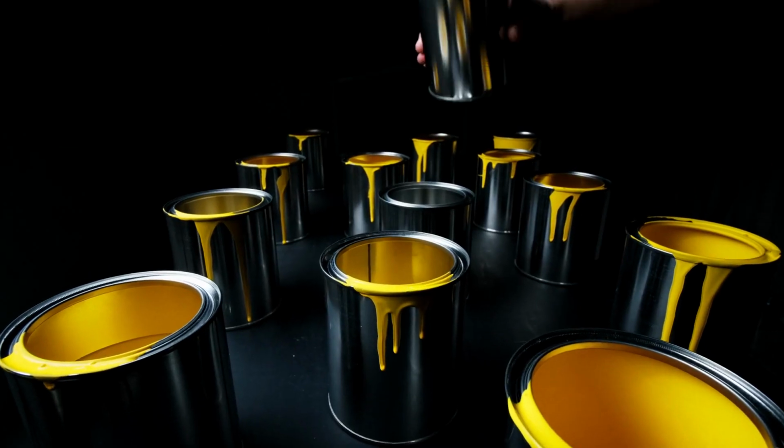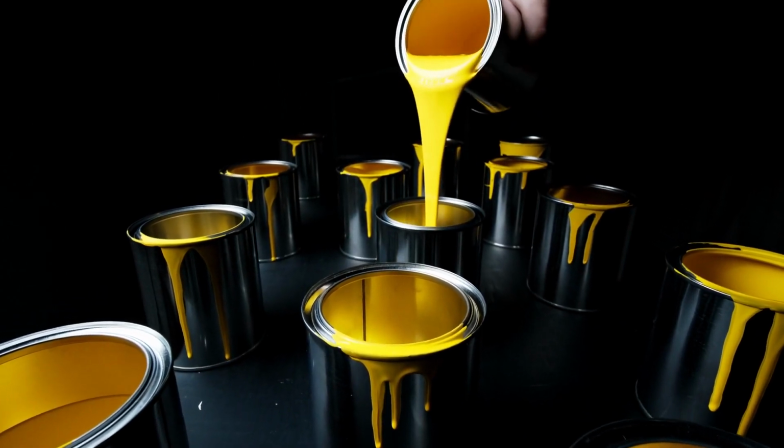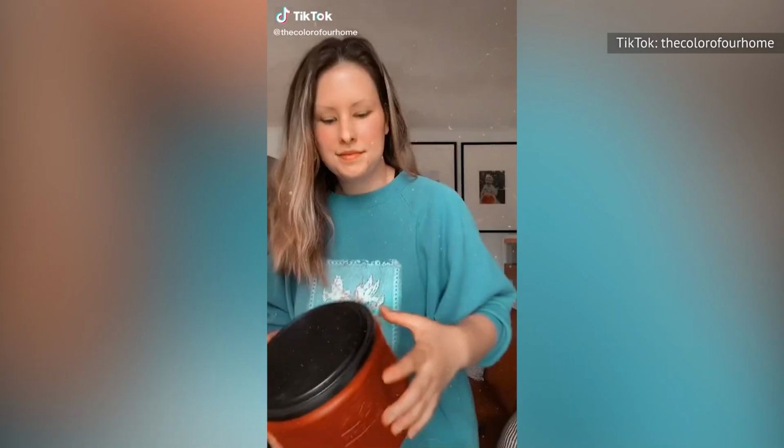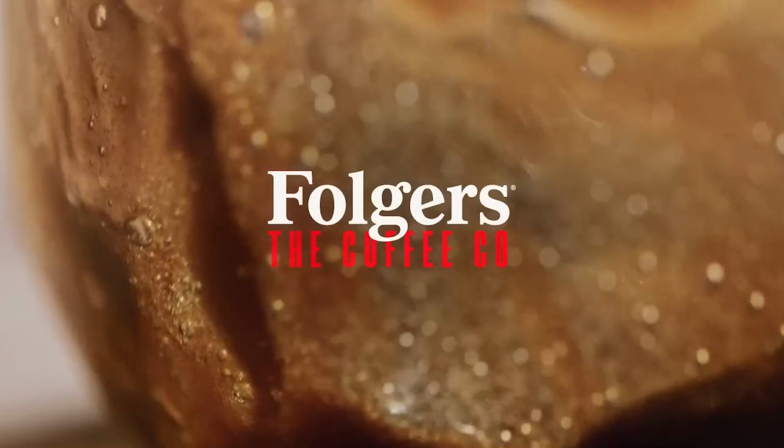To fix this problem, you could transfer your leftover paint into something else, but choosing the right container is imperative so the paint doesn't dry out. Luckily, TikToker the color of our home has found the perfect vessel, and it might already be in your pantry. She suggests storing leftover paint in an empty Folgers coffee container. Simply pour your excess paint from the can into this container, then reach for it the next time you need